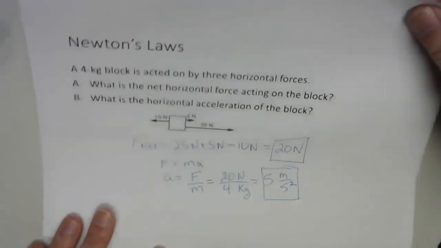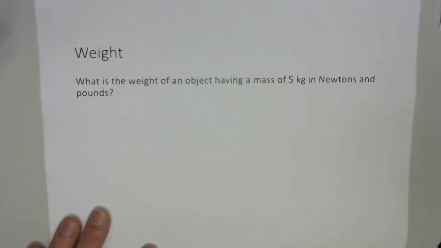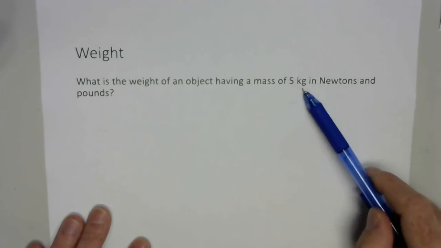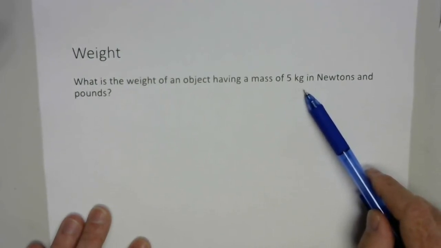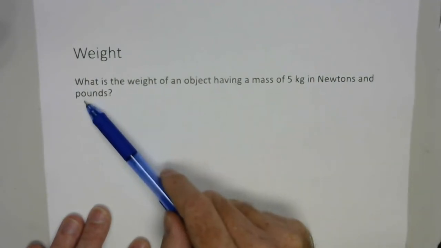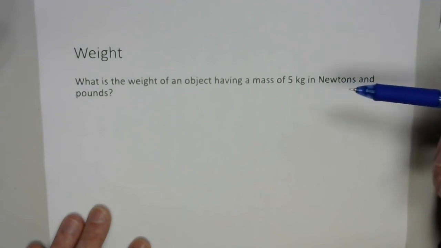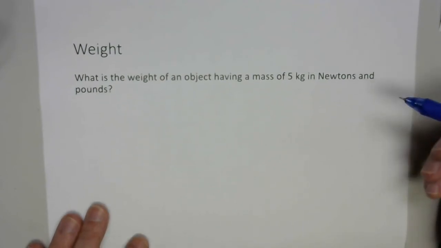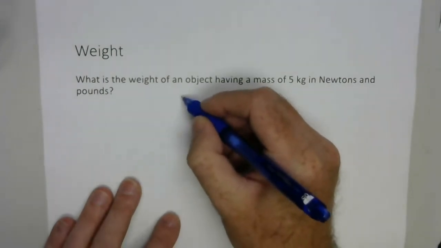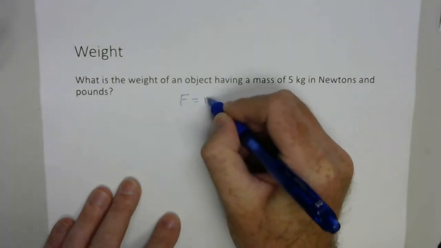One just bonus problem. A lot of times weight is a force as well. Technically, mass in kilograms is a mass. It's not a force. But a lot of times we equate it to pounds, and that works because gravitation is constant. But if we want to get the weight of an object, we need to find how much force it exerts in newtons. Now, if you remember F equals ma,